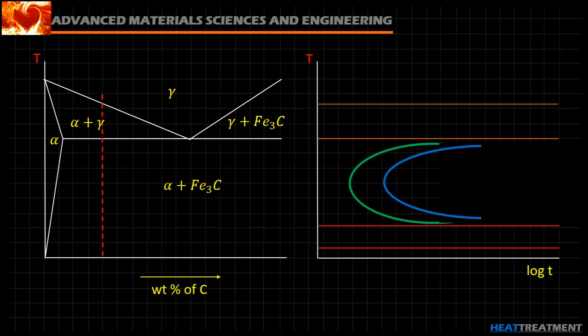Now recall the phase diagram of iron carbon or steel phase diagram, where the carbon composition is 0.8 weight% of carbon. This is what we have discussed so far. Whereas any alloy composition less than 0.8 weight percentage of carbon is called the hypoeutectoid steel. Now let us consider this composition which is less than 0.8 weight% of carbon.